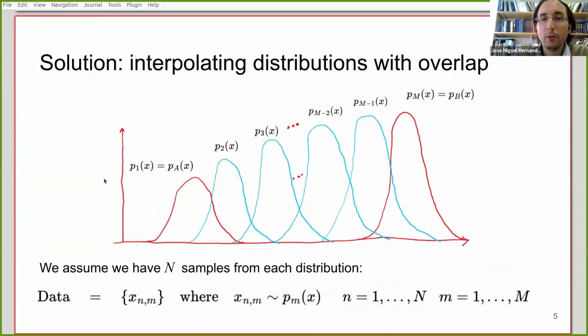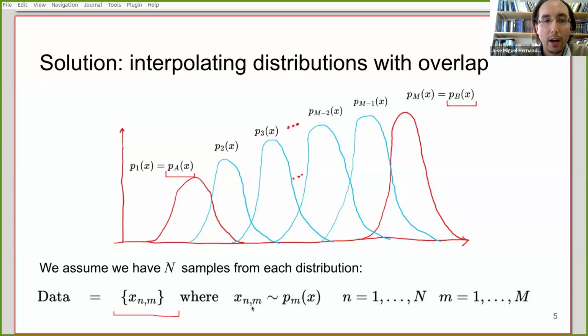And the idea is to take these distributions, one for the first state, the molecule surrounded by water molecules, and another one for the second state where the molecule is separated from the water molecules. And we can create a sequence of interpolating distributions, P2, P3, P capital N minus 2, and so on. And we can generate samples from these interpolating distributions. We can generate this data